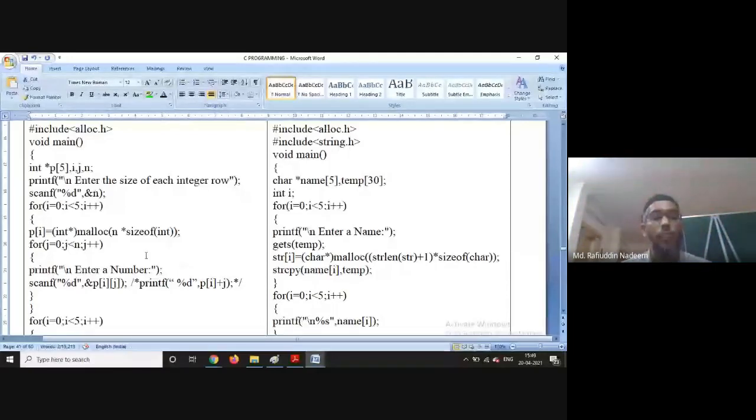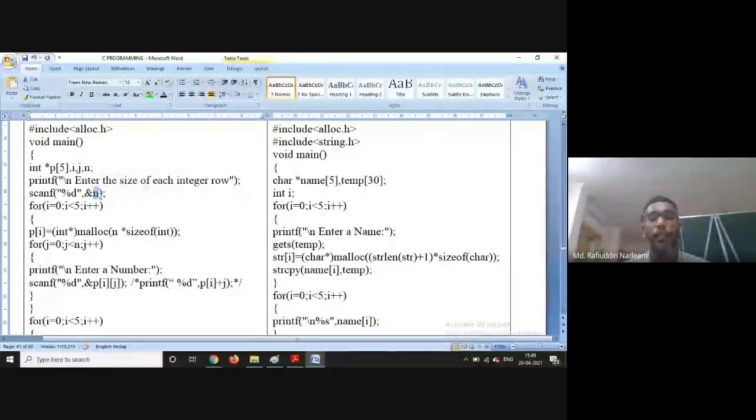See this. p[i] is equal to (int *) malloc of n into sizeof(int). Now what happens here is p[0] is an array of size n. Assume that you are giving n as 3.